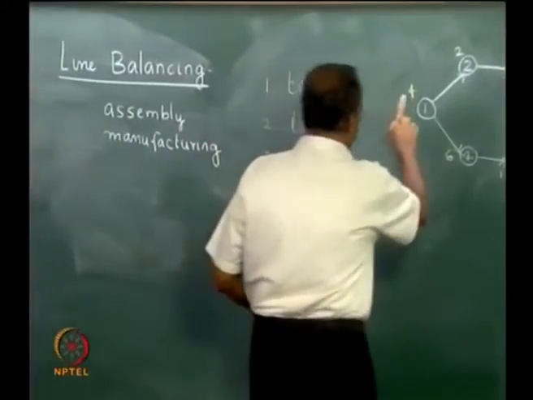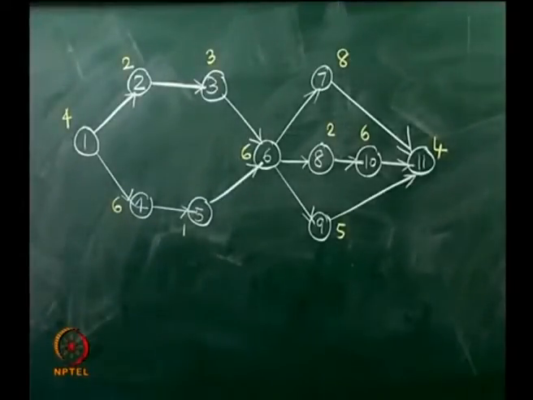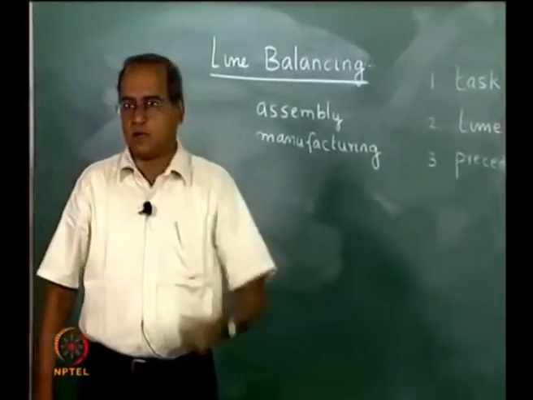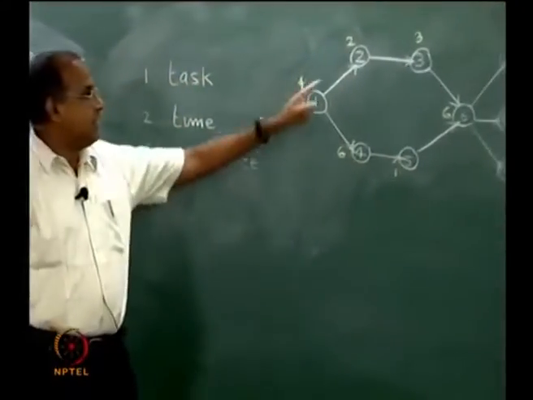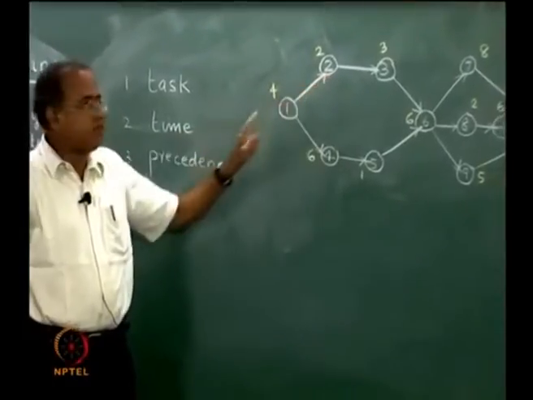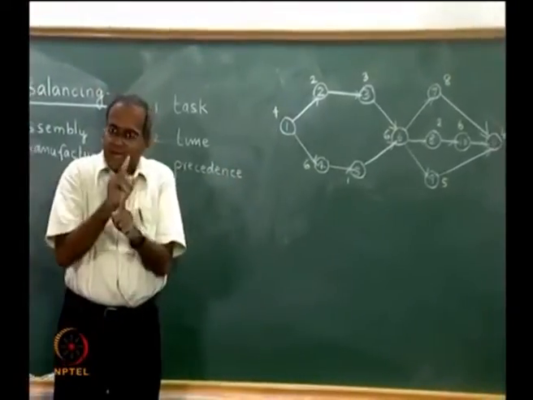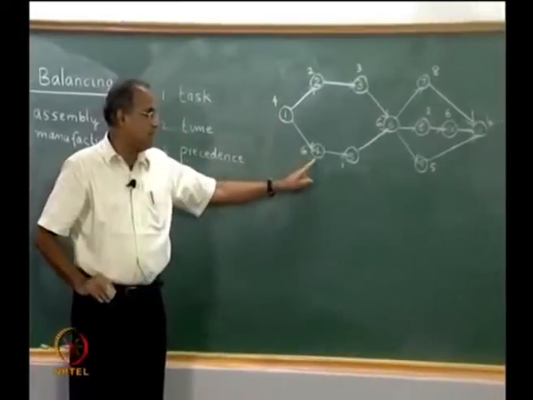Now, the numbers shown in yellow are the time taken to do each of these tasks, and they are shown as labels associated with the nodes. The precedence is captured through the arcs. For example, from this network one can say that we can perform task 2 after we have performed task 1. Task 1 is the preceding activity for task 2. Similarly, task 1 should precede task 4.